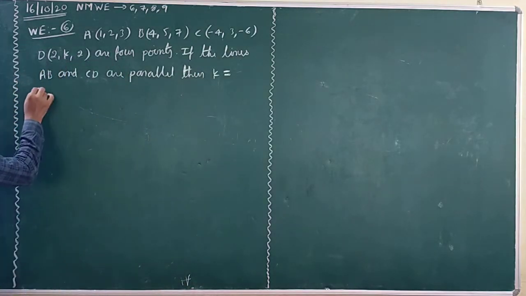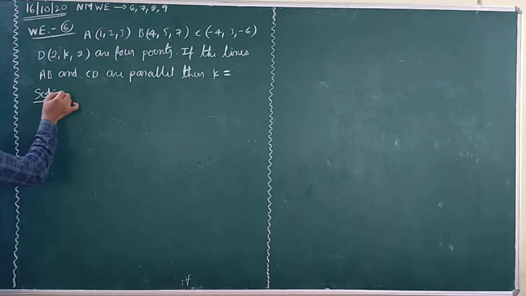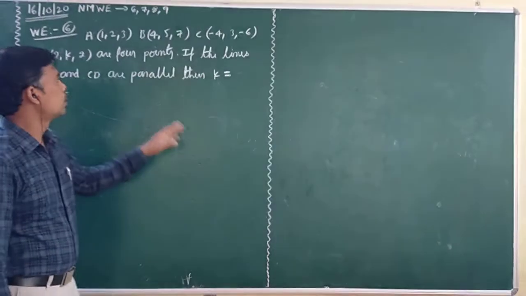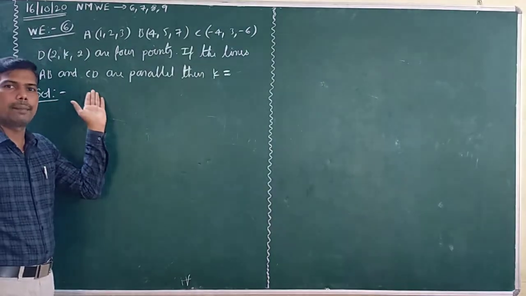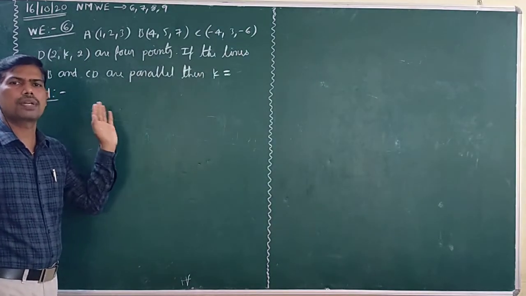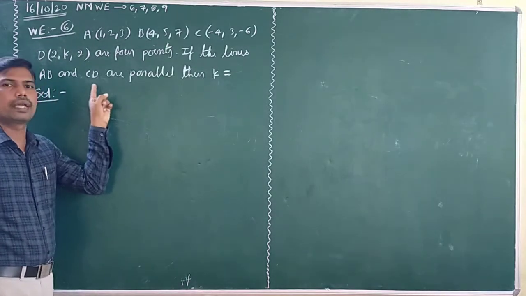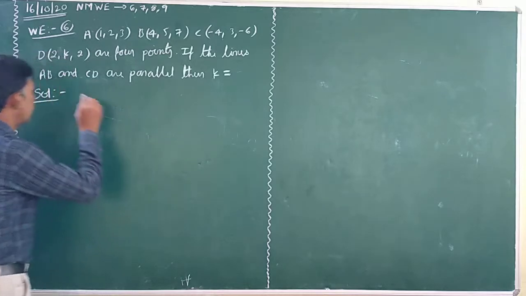So write down solution. Given that 4 points. So here given that AB and CD are parallel. First of all, to find DRs of AB. After that, to find DRs of CD. So write down